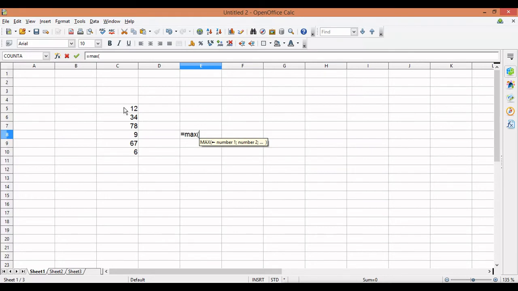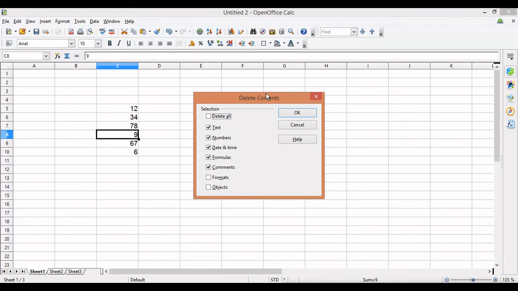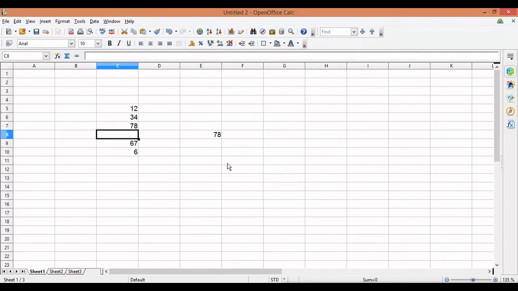If I give the cell range by dragging, in this cell range what is the maximum value? As you can see, we have 78 as the highest number, so it will give me the answer as 78. Now if I keep a cell empty, this is ignored. If I write a text, that is ignored.